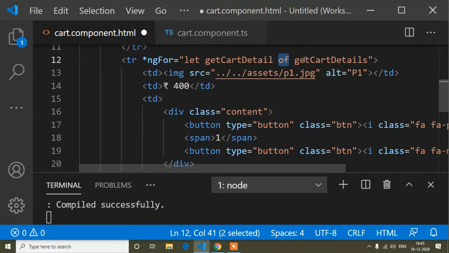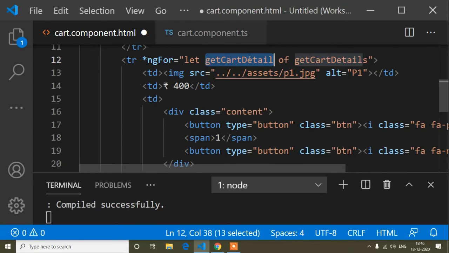So guys, if you don't know what the for...of loop or for...in loop is, you can check my JavaScript tutorial. I have a separate JavaScript tutorial, so you can go to my playlist and check it. There I have shown what the for...of loop and the forEach loop are, everything. So this is the for...of loop. So now I'm getting everything in this variable.